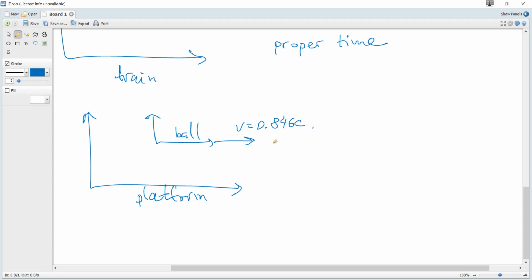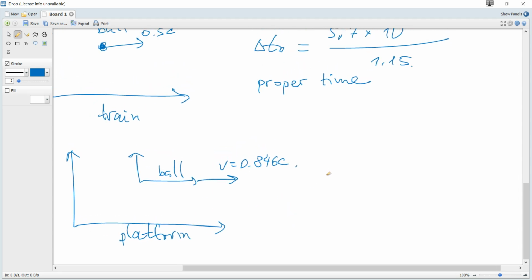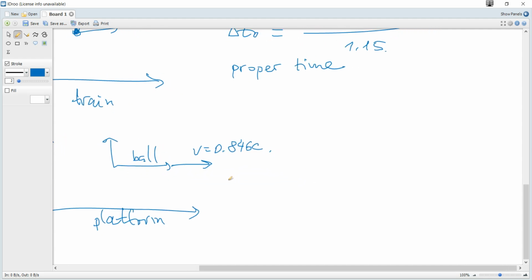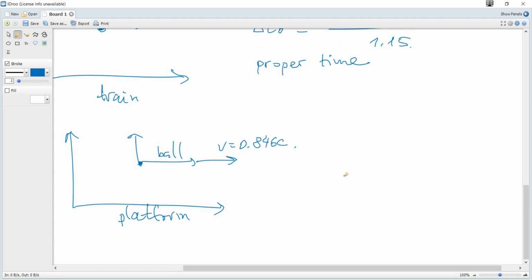The platform is moving with the same speed but to the left. In general this may also be required. The time measured in the reference frame relative to a ball is this time, and it's proper time. And the time measured relative to a platform will be dilated time, but we should use gamma with this v,